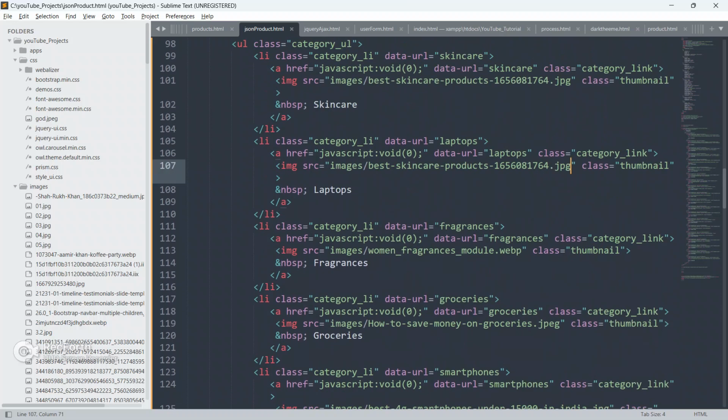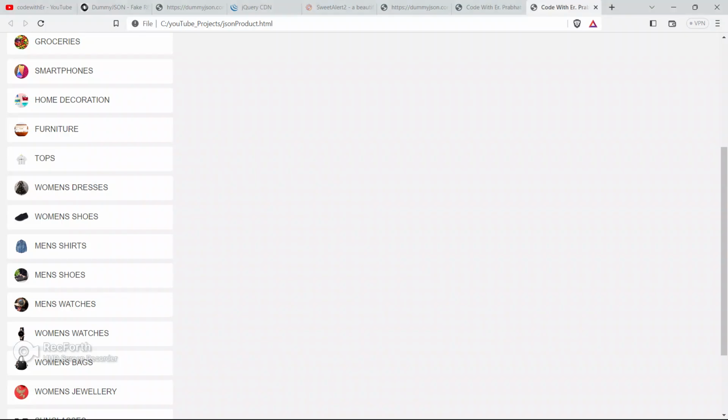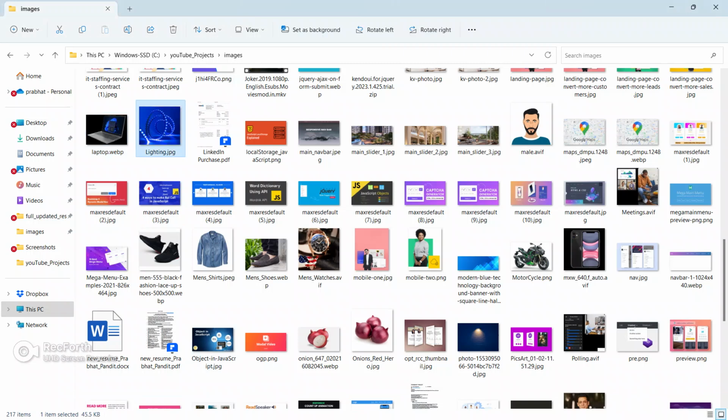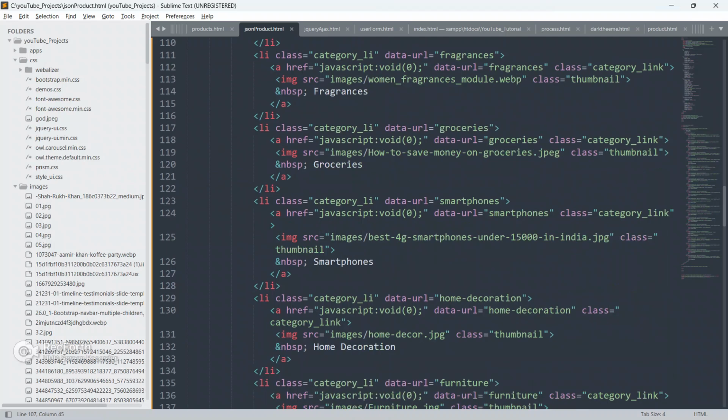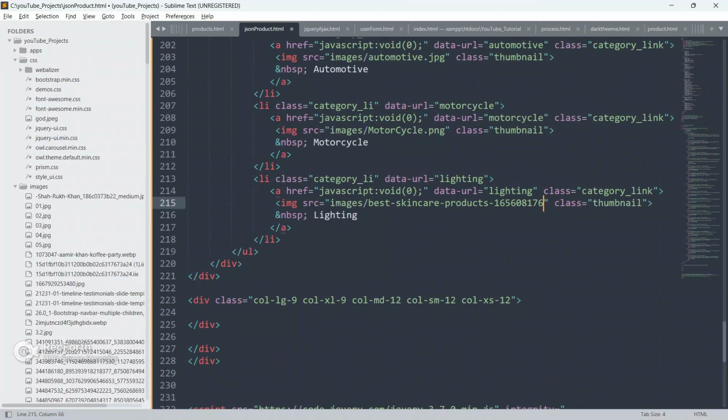Go to the laptop. Yeah, this is the laptop guys. Just replace the image and go to the folder again and copy this lighting.jpg image name and replace in the category. Okay, so this is the lighting guys.